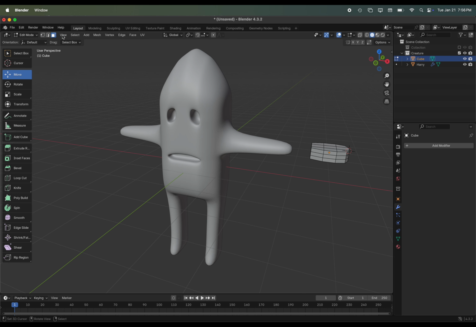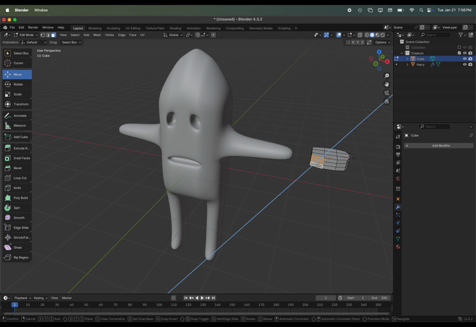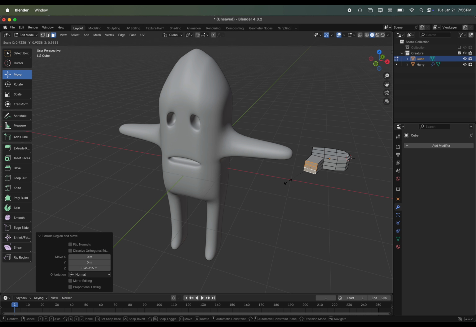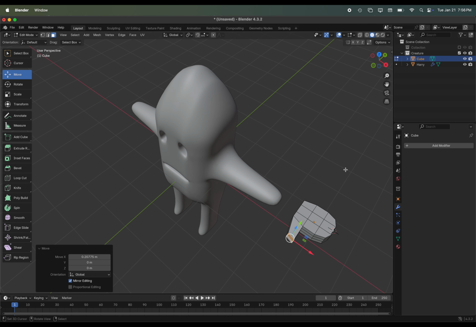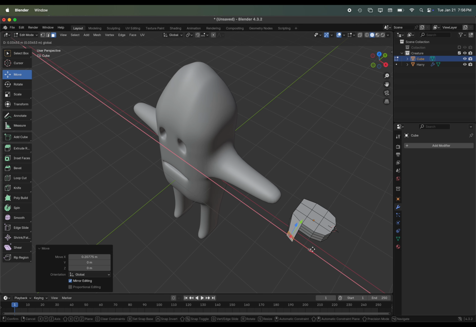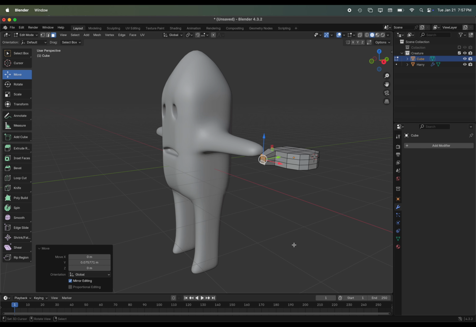I'm going to switch to face select, and I'm going to select all of these faces on the end here to make a thumb. So just shift right click to select multiple, E to extrude, and then S to scale a little bit inward. Sometimes when you extrude, it locks to an angle that you may not want. Don't worry about it because you can always just adjust that angle after the extrusion is done. And if I decide, oh, that thumb's a little bit too far out, I can play around with that. But something like that for the hand.